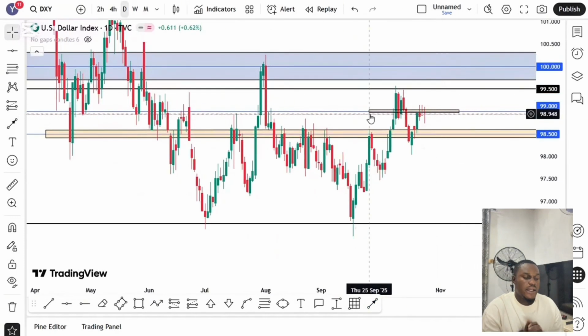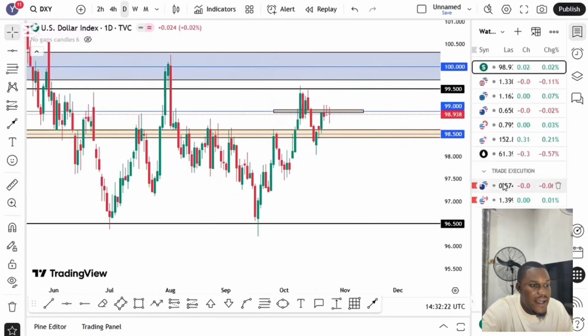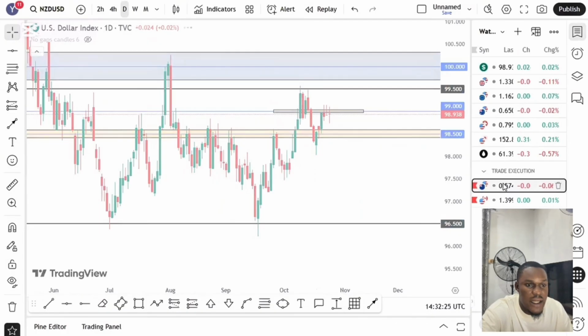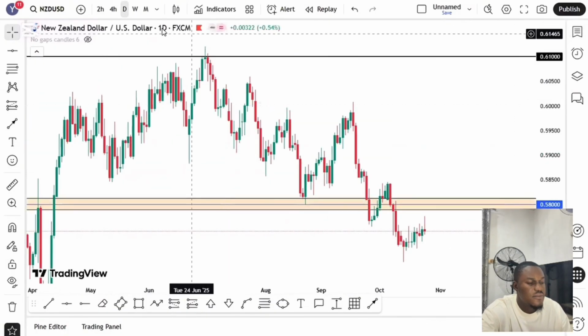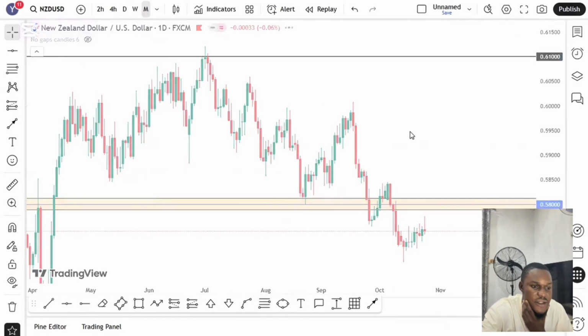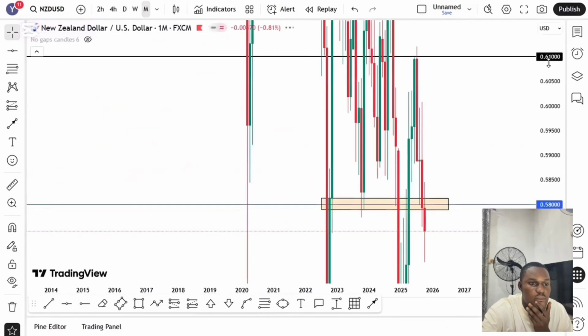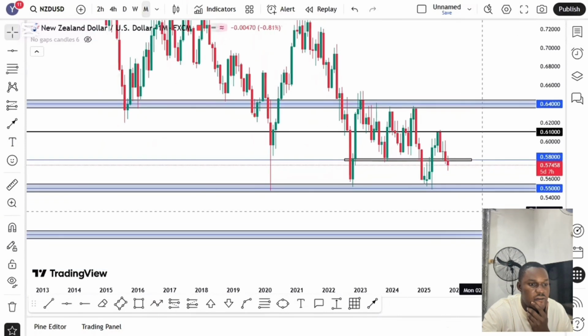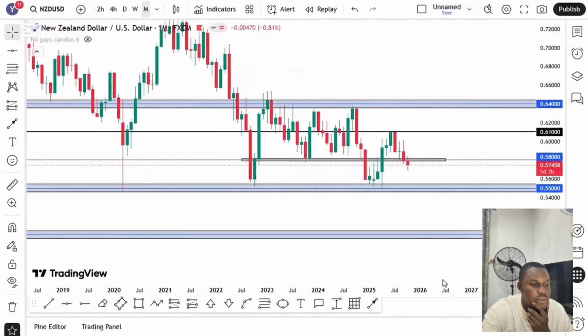So the pairs I'll be looking forward to trade this week, starting from Monday, are these two pairs right here, which is the NZD, the New Zealand dollar, and the US dollar. So let's start from the monthly time frame on the NZDUSD. On NZDUSD, we have been quite bearish for some time, though the market has been ranging so much in the past few years. Since 2023, the market has been ranging. It has been very, very difficult to trade for the past 2 years.